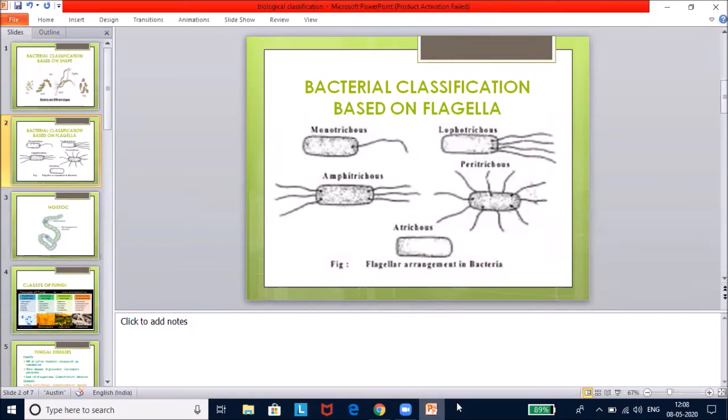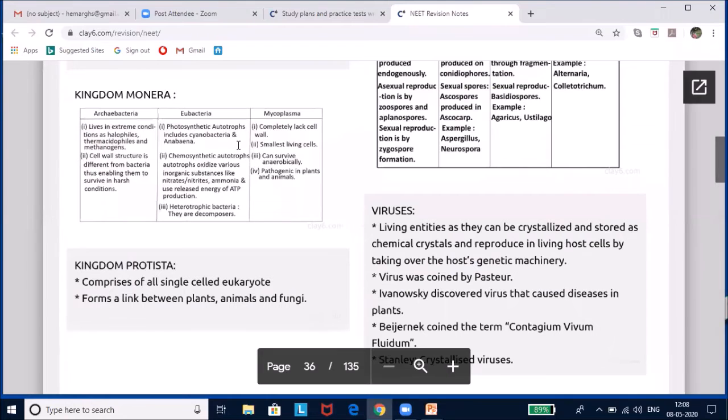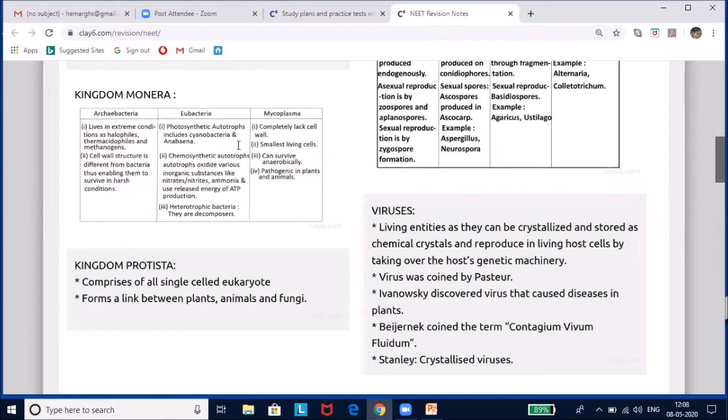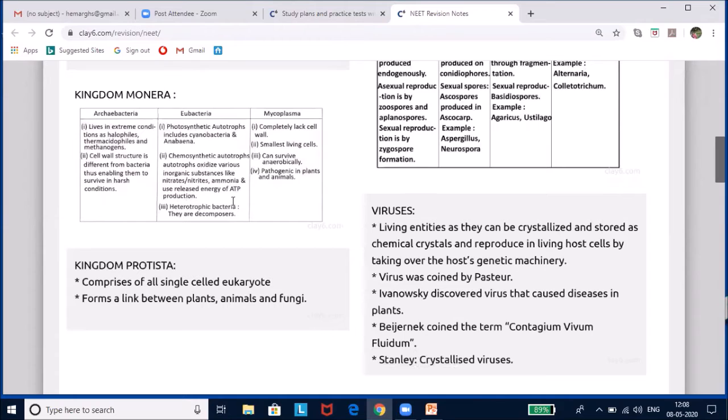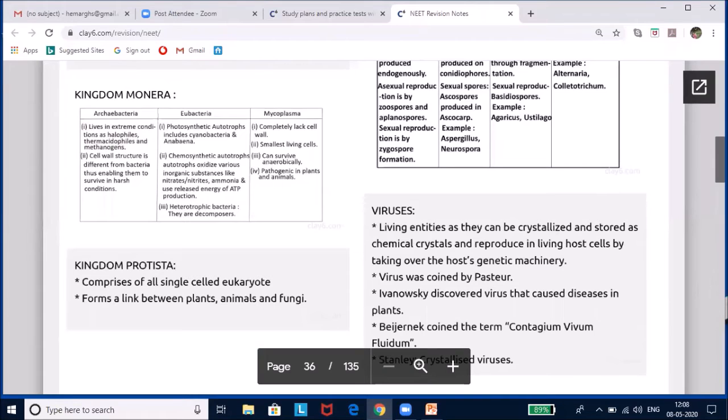Now, how are they classified further? They are classified based on their ability to utilize oxygen. When they need oxygen, they are aerobic bacteria. When they don't need oxygen, they are considered anaerobic bacteria. Now, the other classification is gram-positive and gram-negative bacteria. Hans Gram came up with a staining technique. The bacteria that retained the purple color after staining were called gram-positive bacteria, and bacteria that lacked the purple coloration after staining were called gram-negative bacteria.